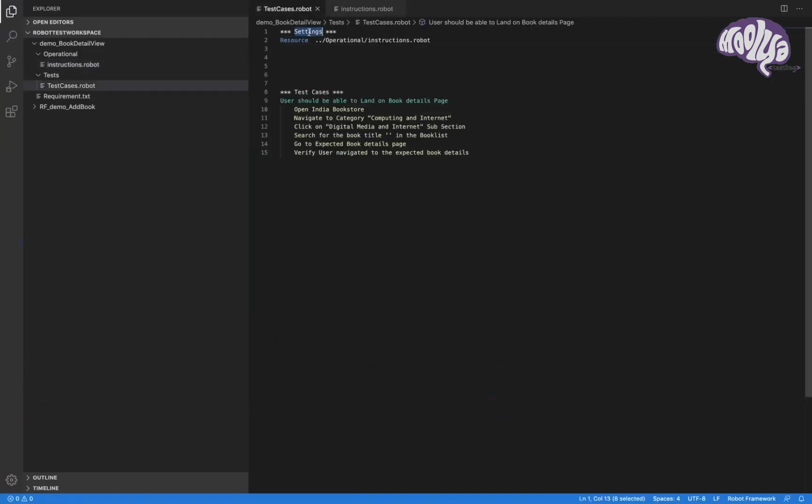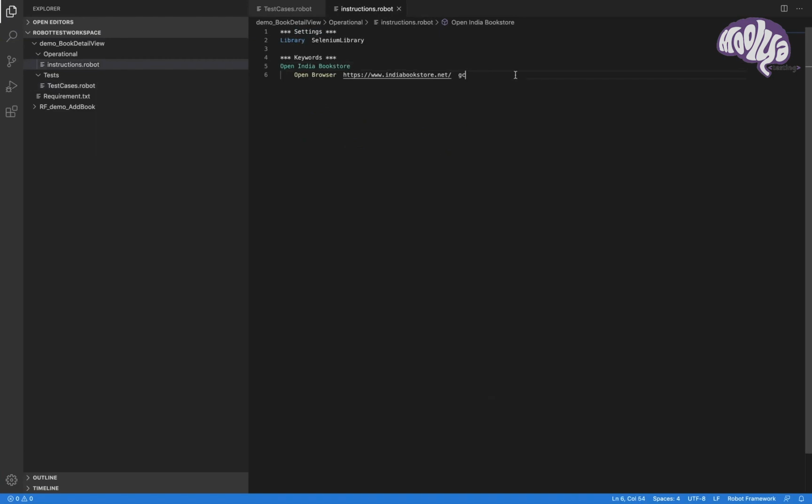One is the settings, where you import and instruct the robot where to find the keywords. As of now, we are using only one file. And if you are using Mac, just use Command-click and you will know where it is declared. See, the other keywords haven't been declared yet. Open the bookstore is declared. Go here, so the robot will know, okay, this is where my command is. All I need to do is open the browser, with the URL and the browser name. These are the dynamic values that I have given here.